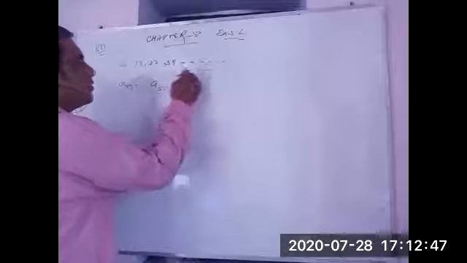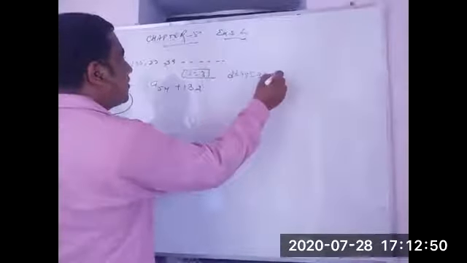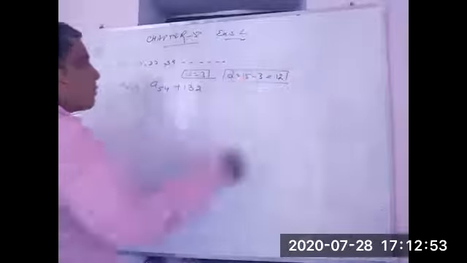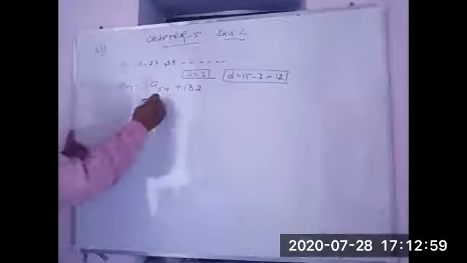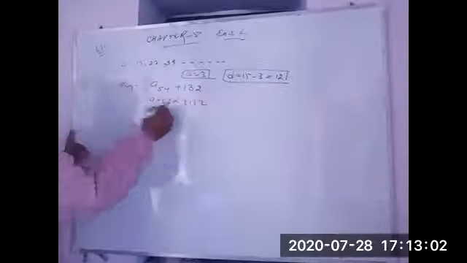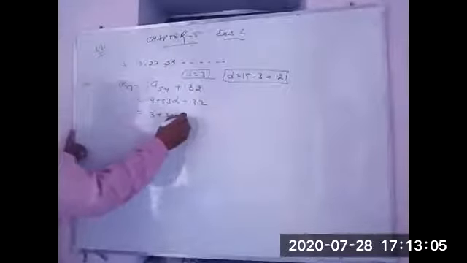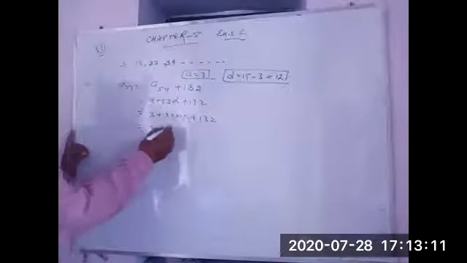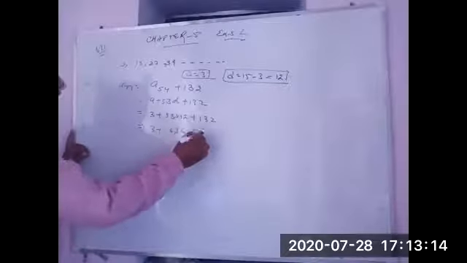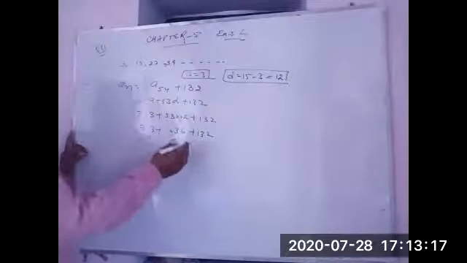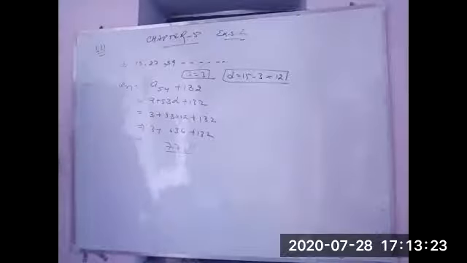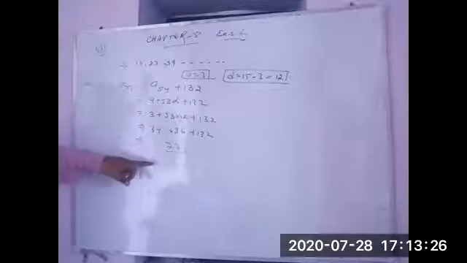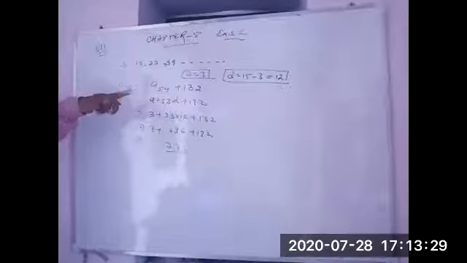ए विल बी इक्वल टू 3, डी विल बी इक्वल टू 15 माइनस 3 इक्वल टू 12. आ गई ए और डी की वैल्यू. अब ए प्लस 53 डी प्लस 132, ए की वैल्यू है 3, 53 इंटू 12 प्लस 132. मल्टीप्लाई करना है सबको. 3 प्लस 63 प्लस 132 ऐड करिएगा जल्दी से. आपका हो जाएगा 771. ओके, तो ये हमारी nth टर्म आ गई जो 54 टर्म से 132 मोर होगी.